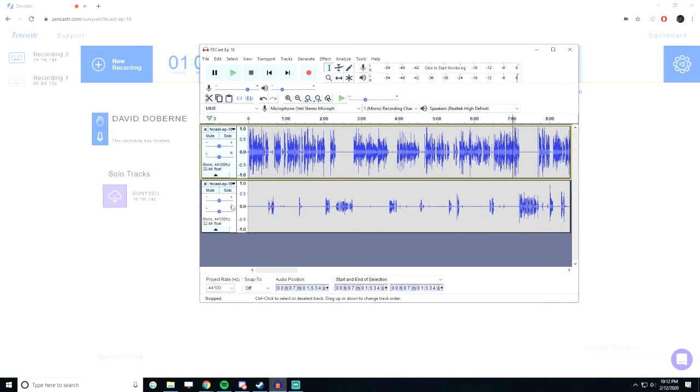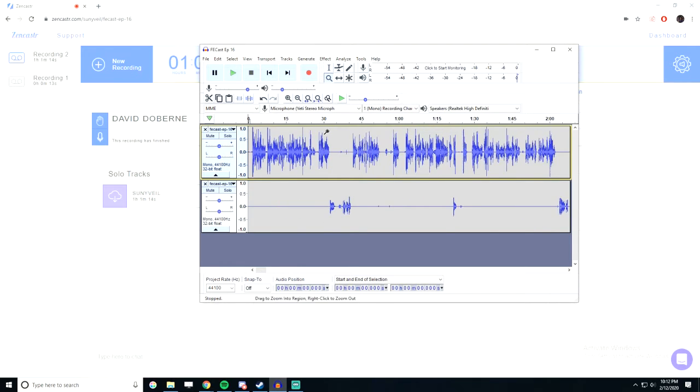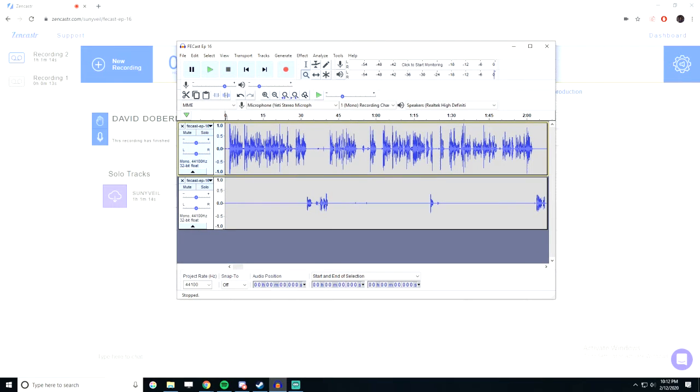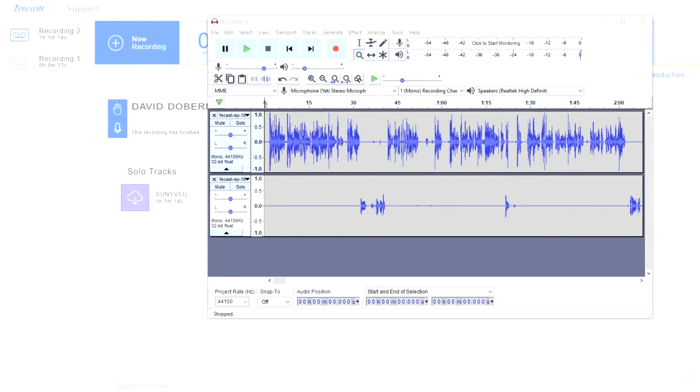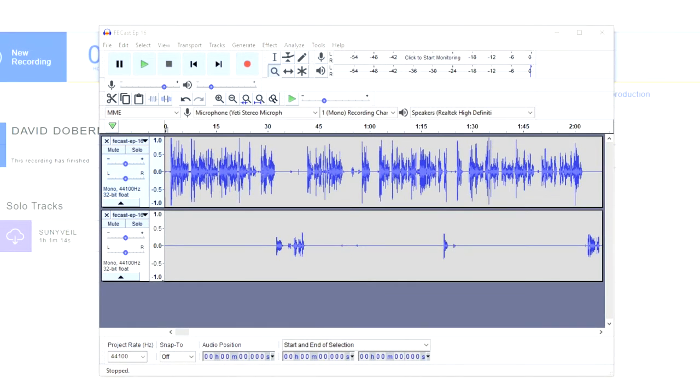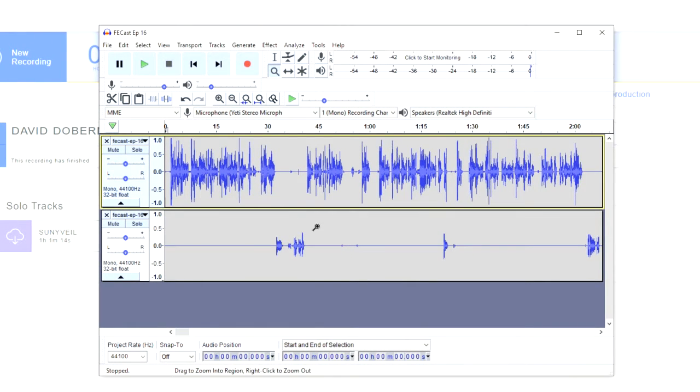All right, well, that's close enough. Okay, now for the part that is pretty difficult. So, the first thing that I do is I set this. This is the playback tool I said at the beginning. We're going to have to zoom in a bunch. And what I want to do is make sure that when someone's talking, there's no audio coming from the other side. Here, I guess I can zoom in here. Can I? There we go. Okay, zoom into Audacity. All right, so I want to make sure that there's no audio. So like right here, for example.